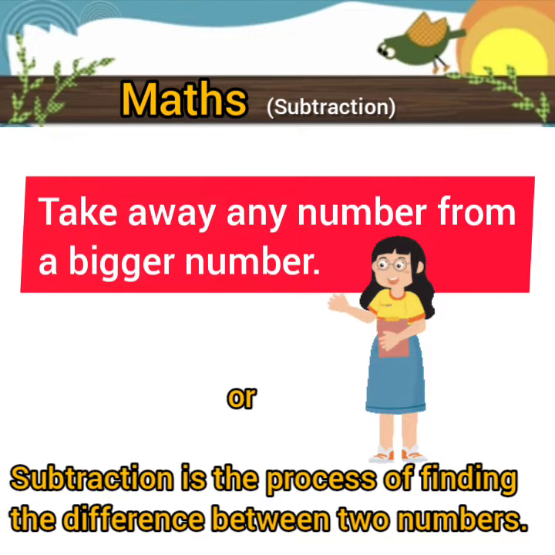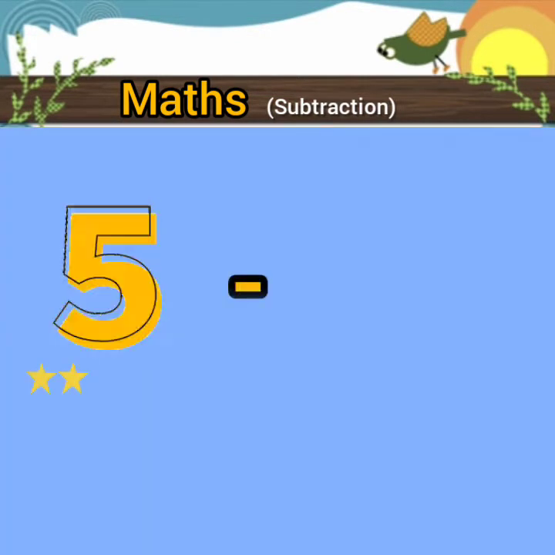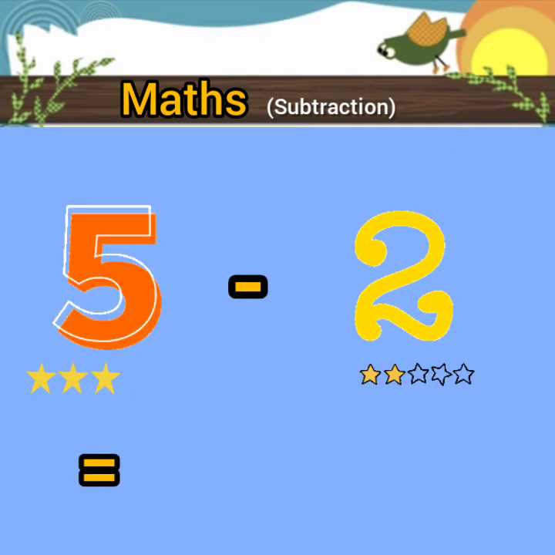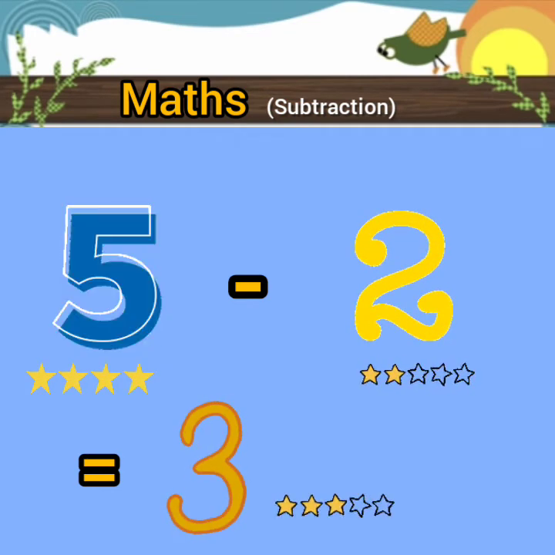Children, in subtraction, you will always have two numbers, one bigger and the other smaller. So, we will always subtract or take away the smaller number from the bigger number to find the difference. For example, here are two numbers. One is 5 and the other one is 2. 5 is the bigger number and 2 is the smaller number. So I'll take away 2 from 5 and I will get the answer 3, which is the difference of these